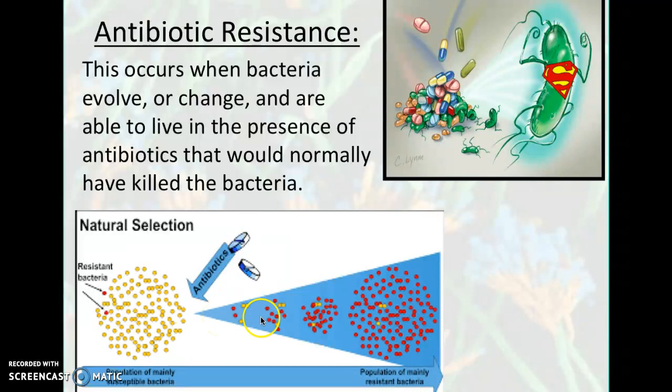And this happens because antibiotics are overprescribed. So same reason I was saying before, why do you go to the doctor and sometimes they don't give you an antibiotic? Because it's not a bacterial infection. If doctors just give antibiotics out for any old thing, so common colds, coughs, things like that, they're going to end up being resistant to that antibiotic. So bacteria becomes resistant